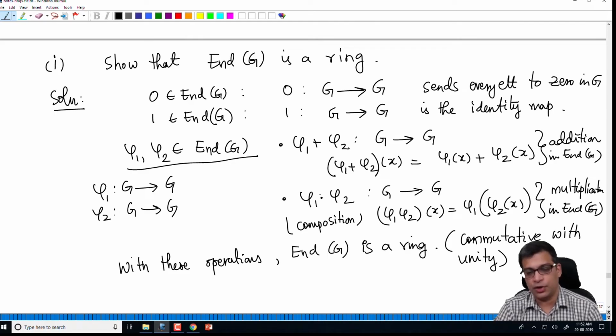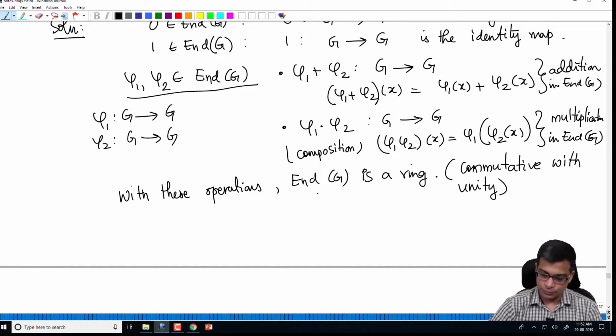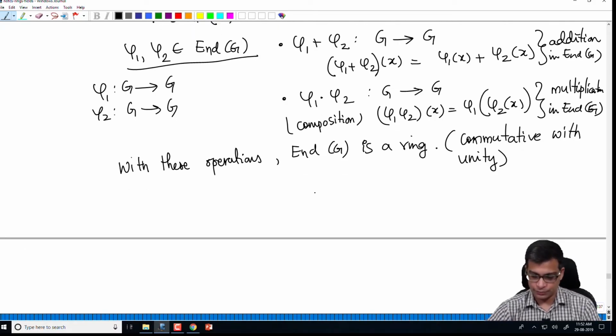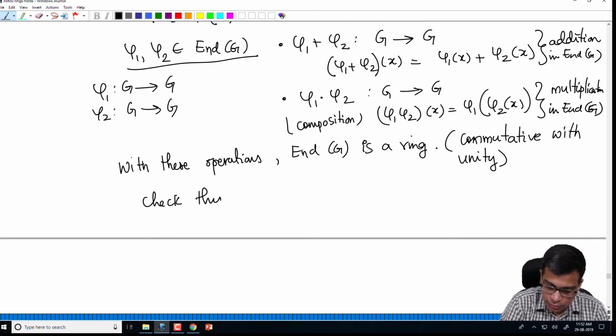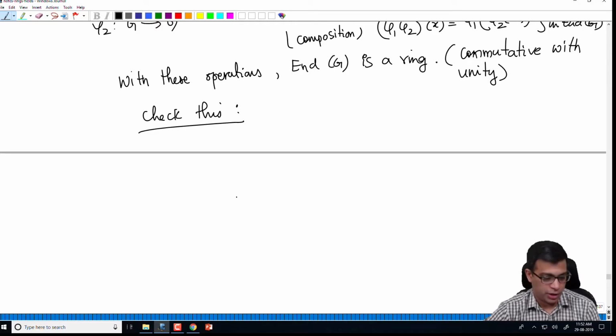That is clear because phi1 has an inverse, right? Minus phi1. Minus phi1 sends x to minus phi1 of x. So that's the additive inverse. Not everything will have a multiplicative inverse, but that's not required for us. So this I will leave for you to check. So check this. Even though this is a video on problems, I will not do that because that's a